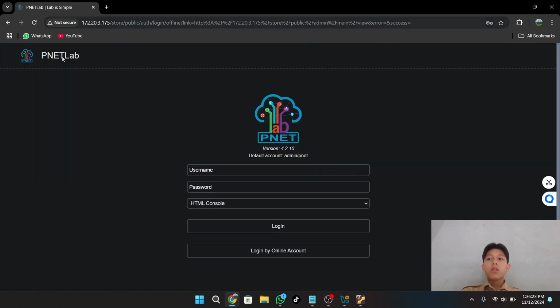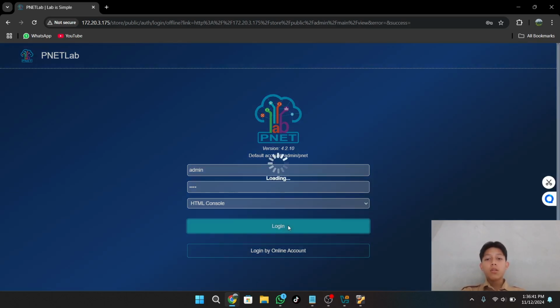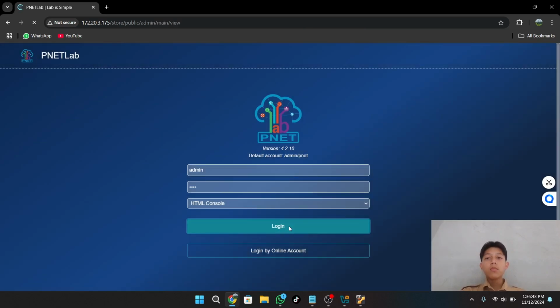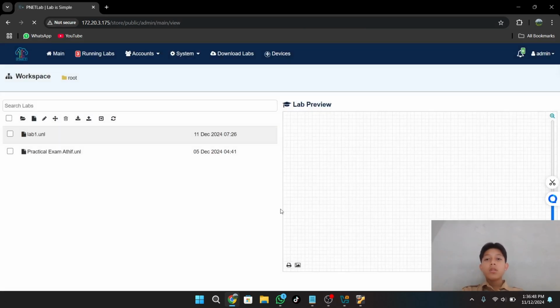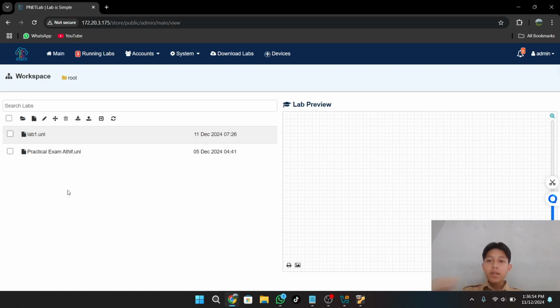After that, if your PNET looks like this, the default username is admin and the password is pnet. For the console, use the HTML console, and you can log in. After that, make a new lab or use your lab from before.